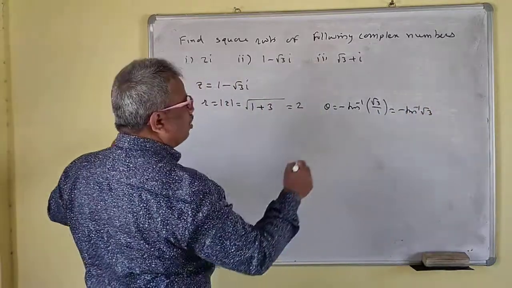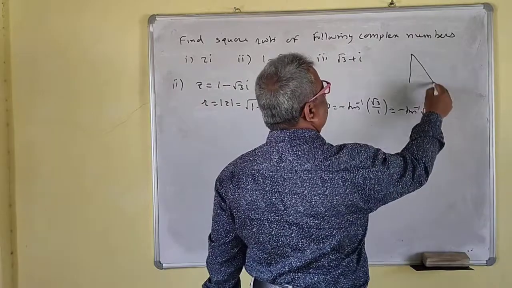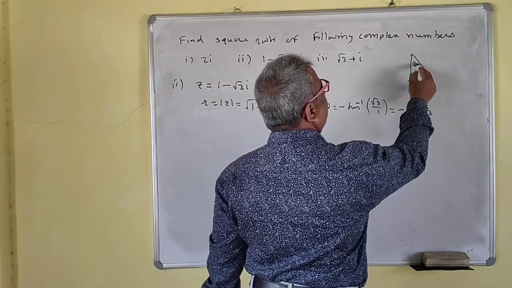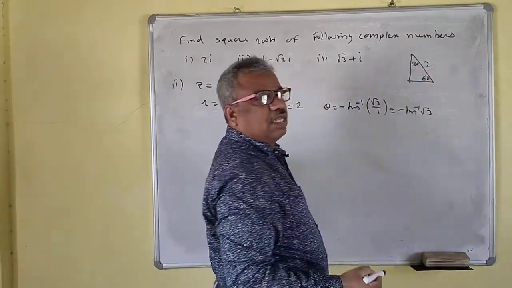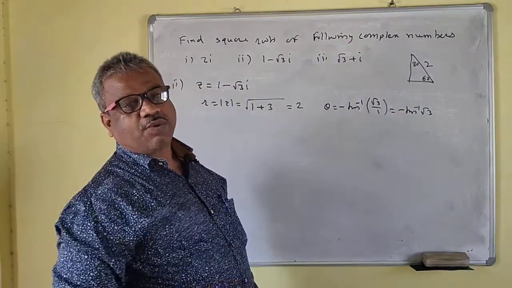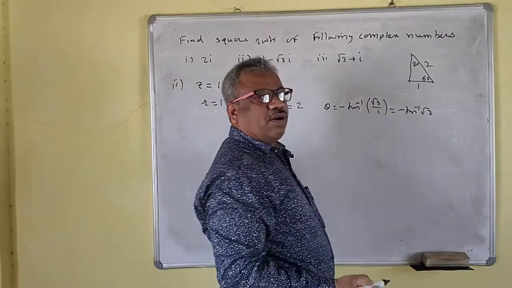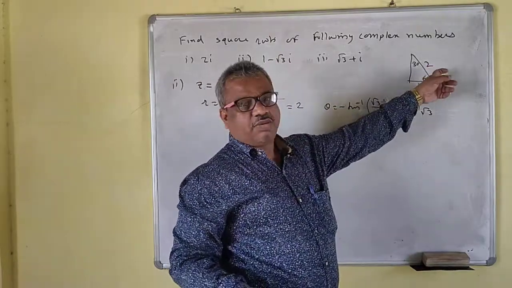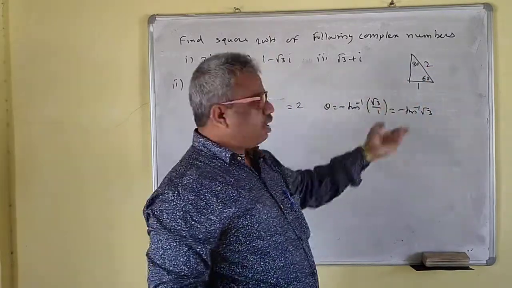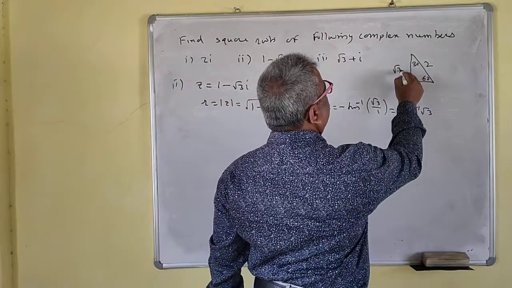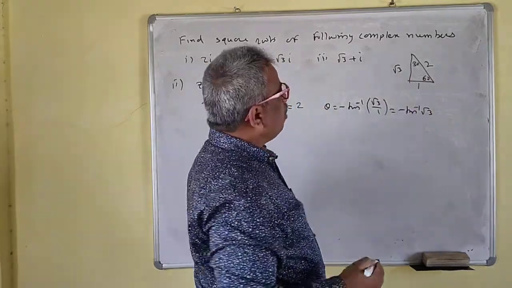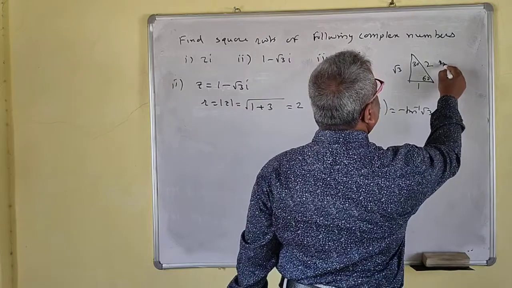If you want to find the value of tan inverse root 3, just draw the diagram. Call this 60, call this 30, and take the hypotenuse as 2. We know that the opposite side of angle 30 is half of the hypotenuse, so this is 1. Then by Pythagoras theorem, this side is this square minus this square, so that is 3, and you take the square root of this one. This is root 3. Okay, now we will first find tan 30.